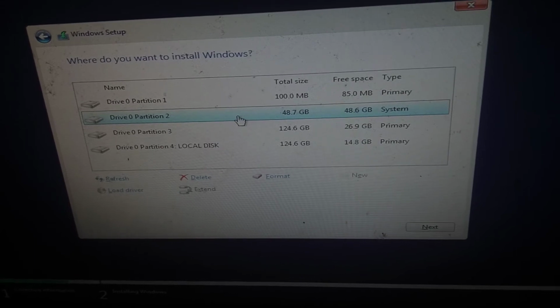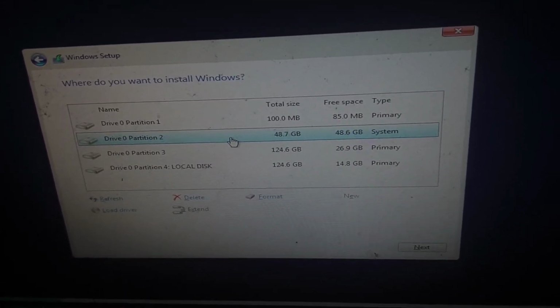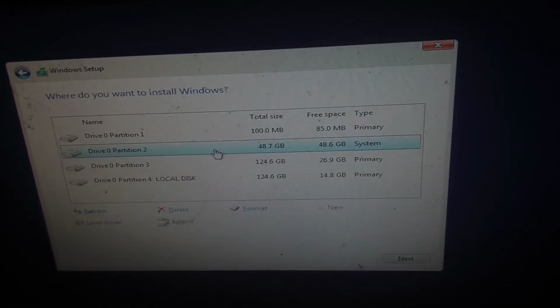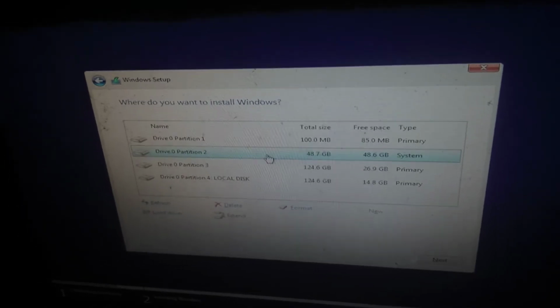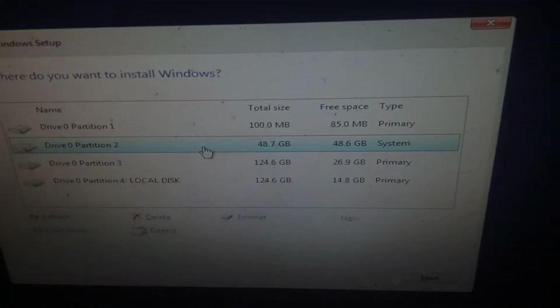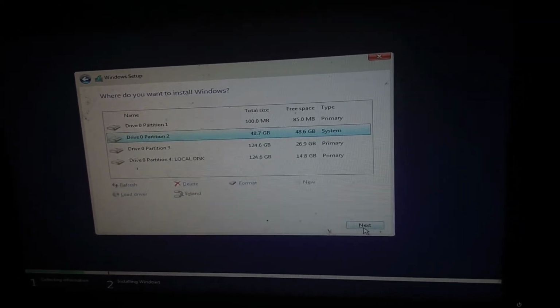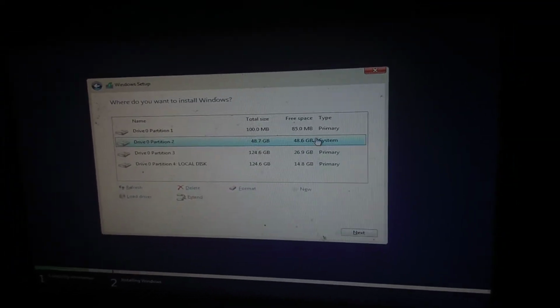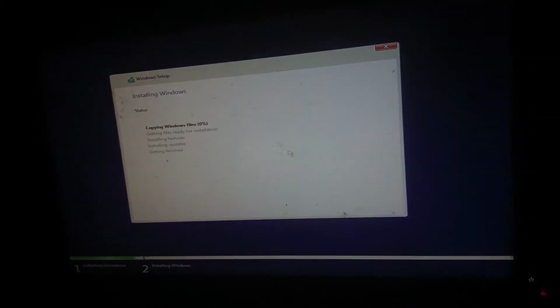And guys, if you have only one drive listed here, you need to do the partition before this, so that your files can be saved, guys. I prefer to do the partition. You can simply search in Google how to partition your disk, guys. So be careful, do the partition before this process. Let's go, guys, let's start. Select this previous system file drive and click next, guys.